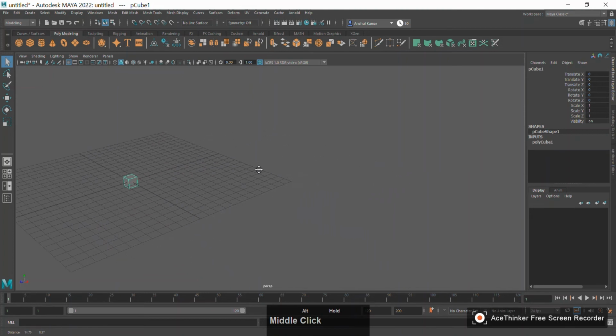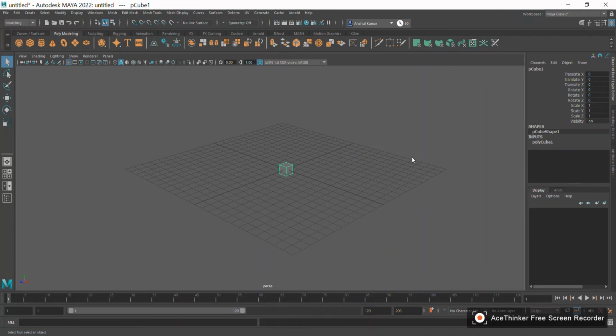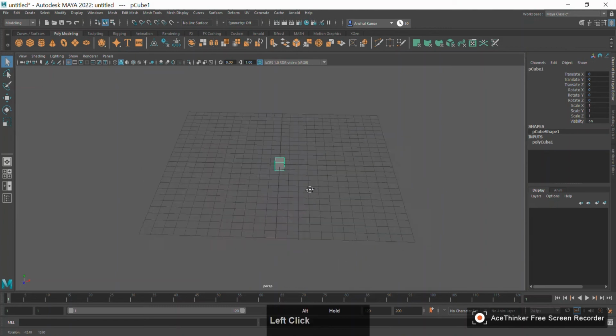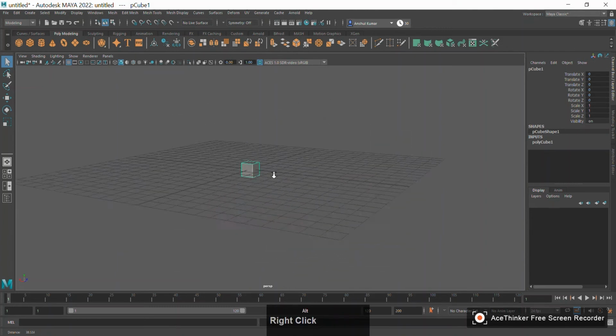If you move left, your scene will move left. If you move right, your scene will move right. Okay, so now you have learned the basics of moving inside Maya. You know how to zoom in, you know how to rotate, and you know how to pan. Suppose I want to see the back side of this cube, so I will hold Alt, press the left mouse button and rotate.